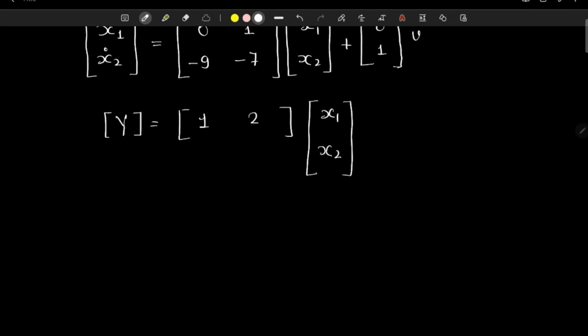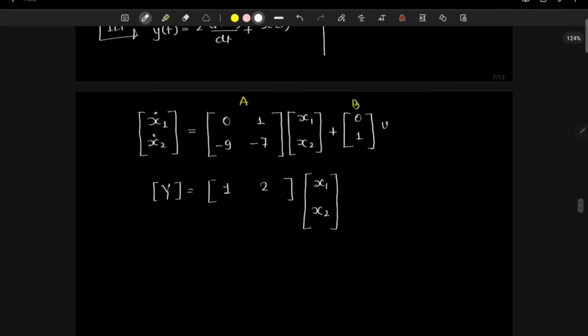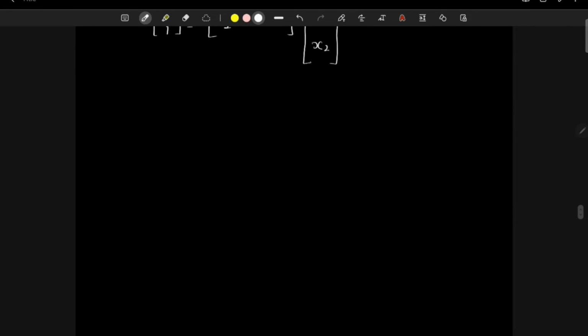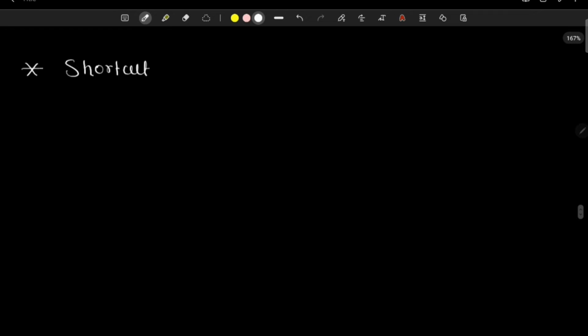So this will be 1 and this will be 2. Okay, so the y will be x1 plus 2x2. So I will tell you one shortcut method which can be used in GATE or in some exam, a shortcut method to solve this question. Suppose your Laplace transformation equation is given as